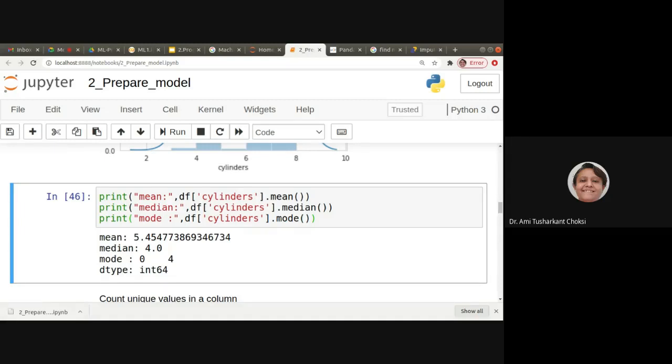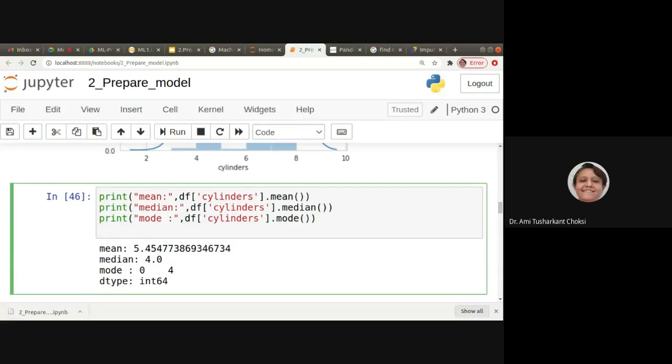5.45 is the mean, right? It is the maximum value. So what we are having here for cylinders is that the mean is at the right hand side. Then we can say the median is always in the center, right? And is it less than the mode? Is it so?